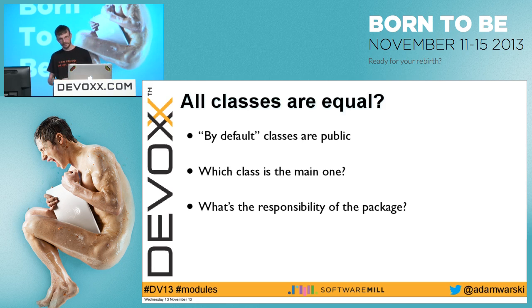So, yeah, the question is, are all classes equal? And I guess the answer is obviously not. However, by default, when you create a new class in an IDE, for example, usually, unless you change your settings, this class will be public, right? So if you don't do anything, you will get only public classes in your packages. In Scala, in fact, the default is a public class, right? You have to explicitly annotate it to make it not public.